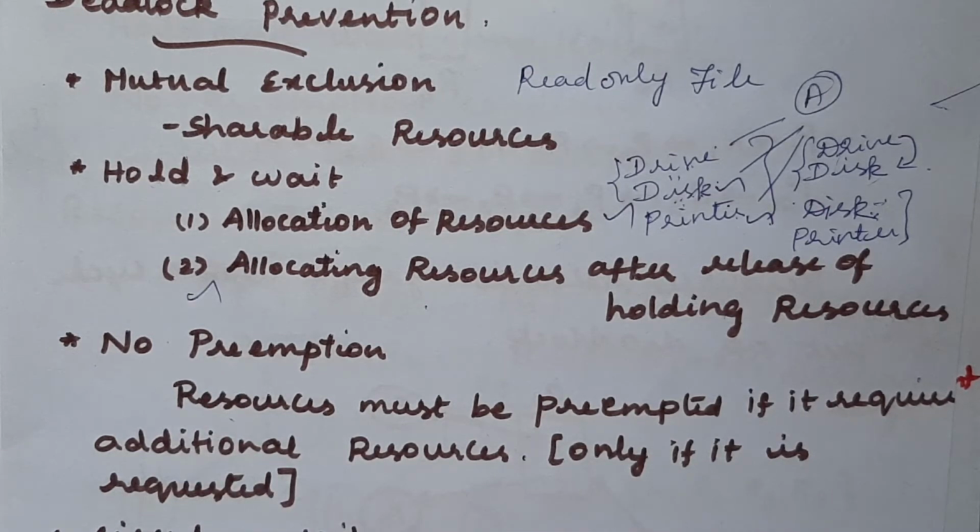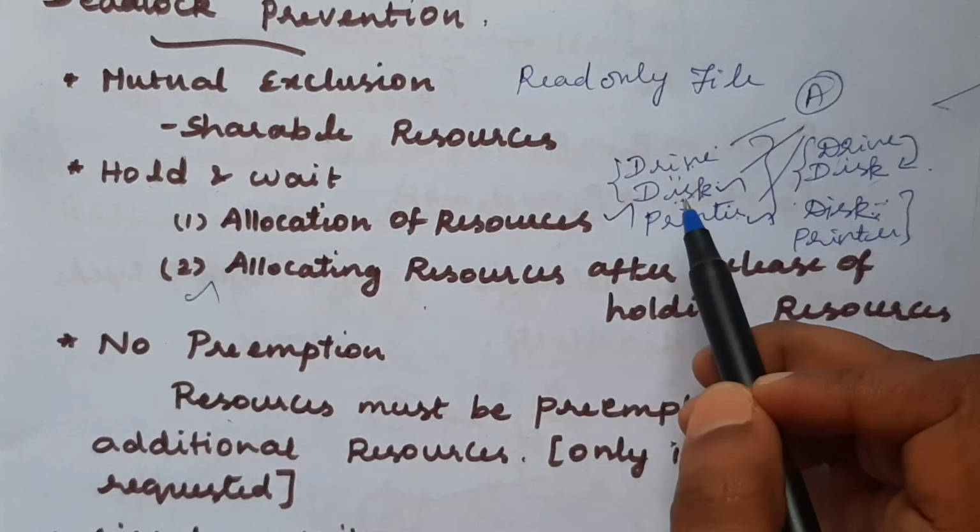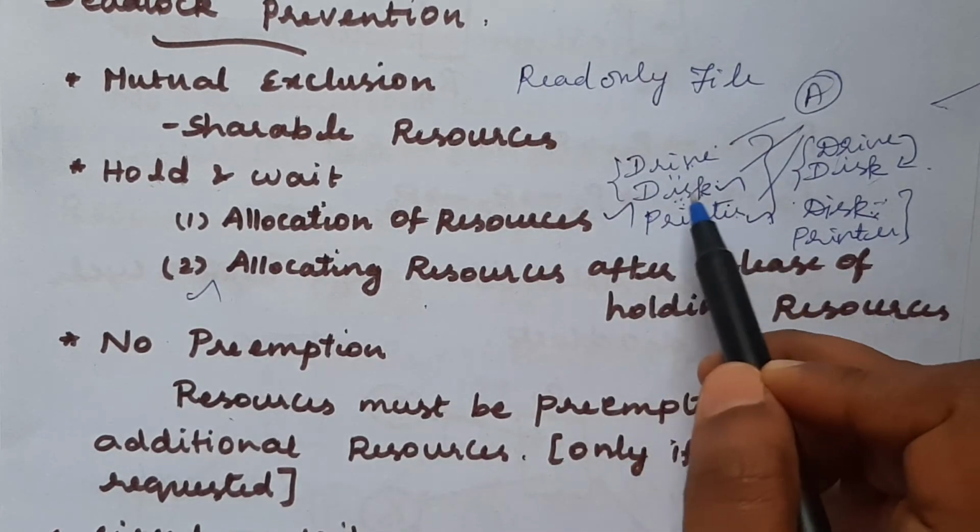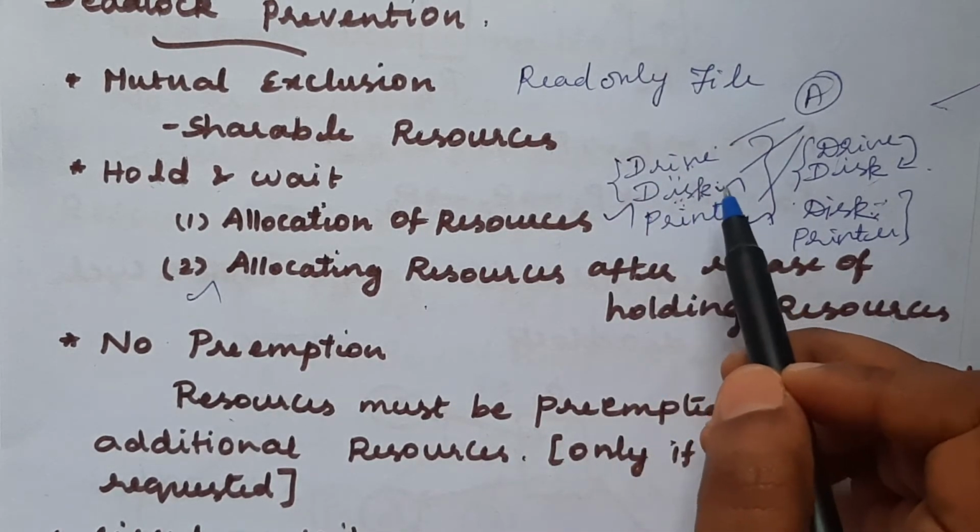So we have disadvantages again with these two protocols because resource utilization will be very low. I hope you can understand the difference between these two methods. And what could be the disadvantages? Resource utilization will be very low because for the very first method, we have allocated all these three resources at once in the beginning itself, right?